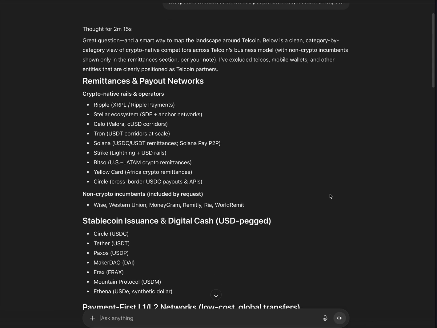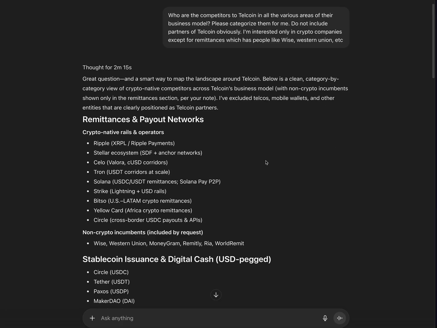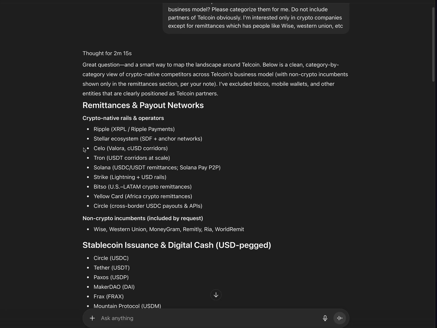And then here you can see we've got remittances and payout networks. So here are all the different types of competitors there. You can generate content just by linking both projects and then tagging both projects. I just wanted to give some examples so you can see that, and you can copy my prompt if you'd like. Then you can see here, like Ripple. Obviously, we don't believe they're really a competitor. However, of course, they're a huge name out there, so we could go crazy on XRP for sure, as you all know.